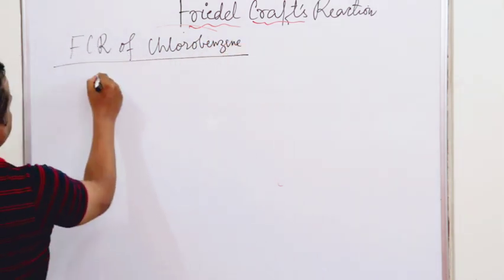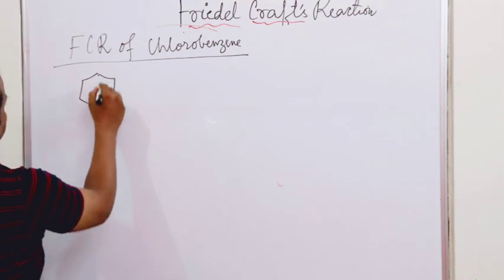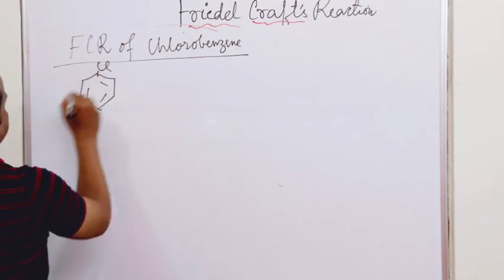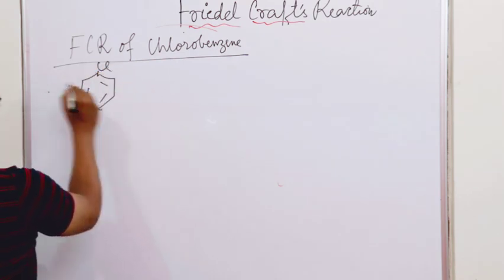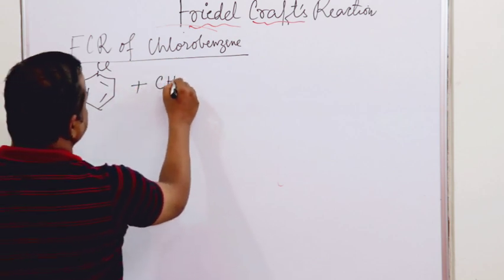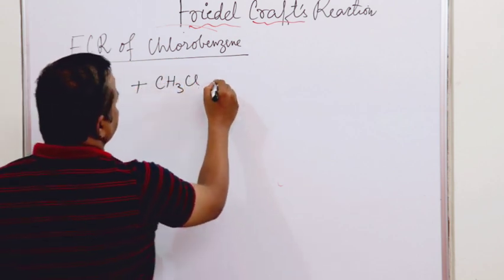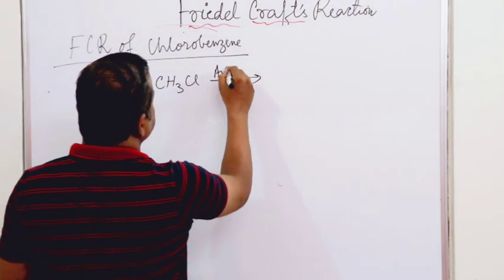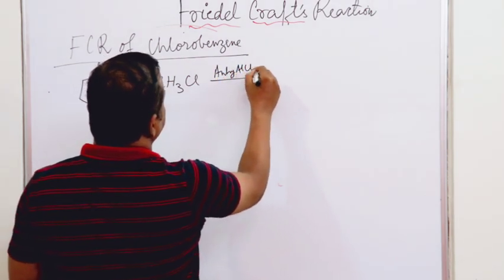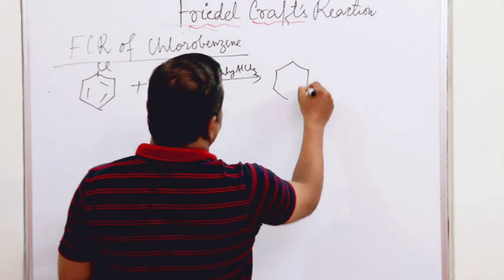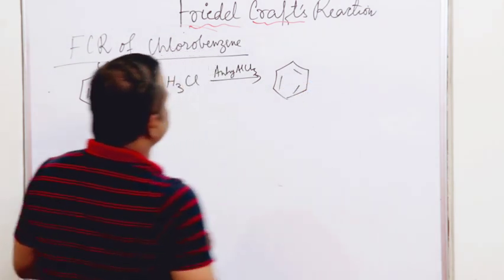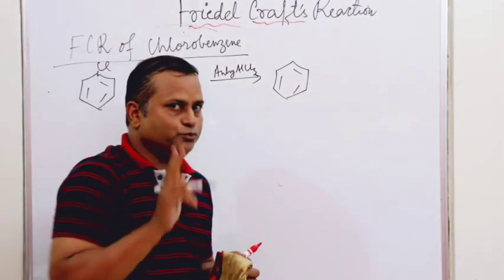This is chlorobenzene, all of us know this. First I am doing alkylation. So let's start with the chloroalkane, chloromethane, with anhydrous AlCl3. Here we get an important thing that you have to remember: we get a mixture of two products,